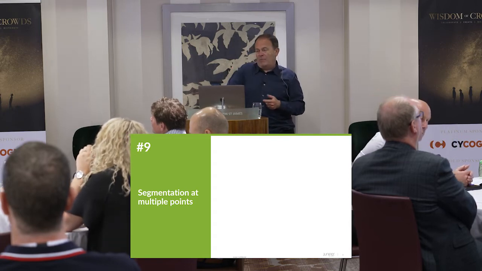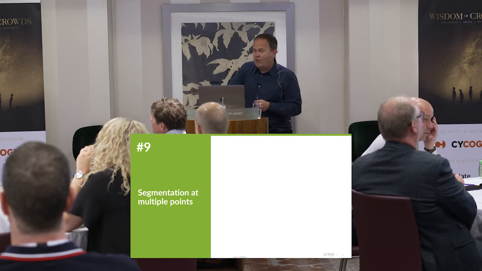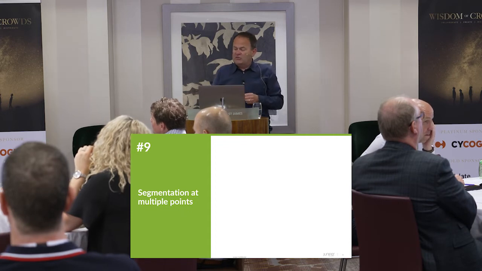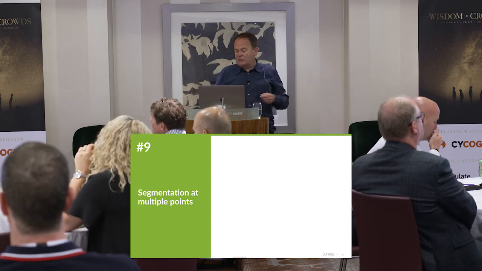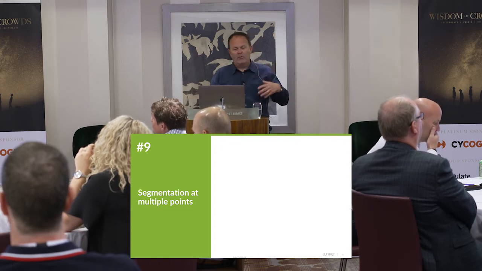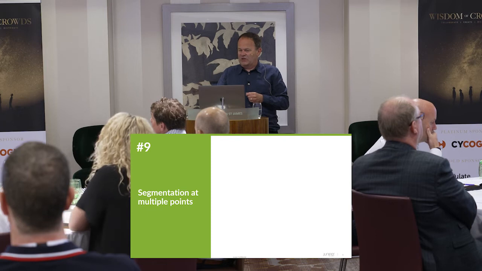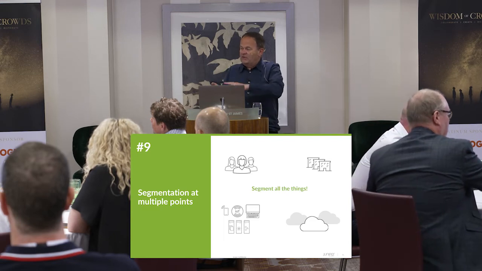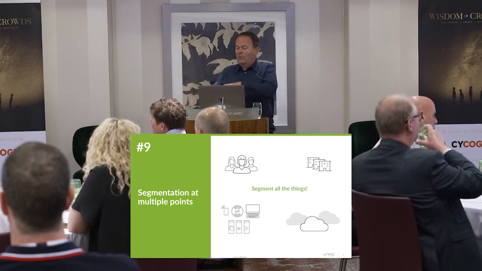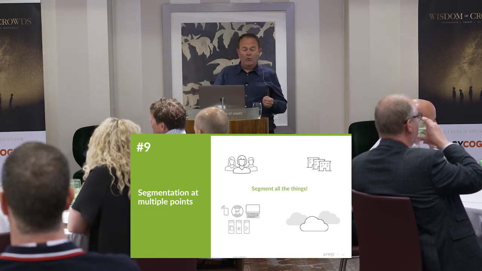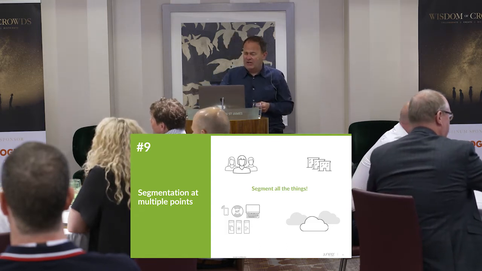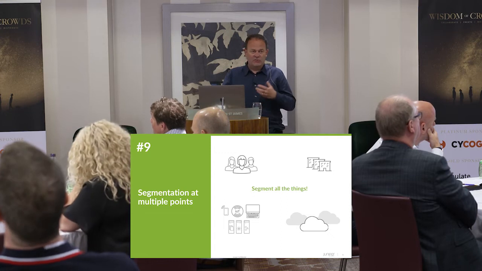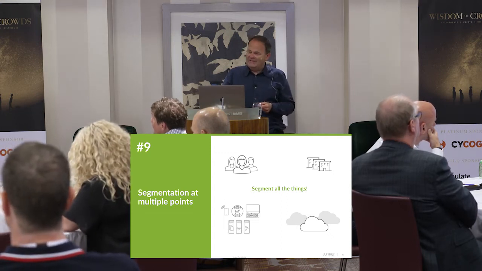But then at the level of where maybe I'm in a manufacturing organization and I'm making things, now I'm down to the millisecond levels, and that has to be real time, so it gets high level priority in a big part of the pipe. So we used to segment for that. And then even at the switching level, where we segment for different offices and things, well, we need to take this to the next level for zero trust. We have to segment on everything that we can segment. So users, devices, locations, clouds, all of these things should be segmented in order that we're going to be able to successfully manage the network to establish the correct level of trust that's going to allow a user to get access to the resources that they want to access in a seamless manner.